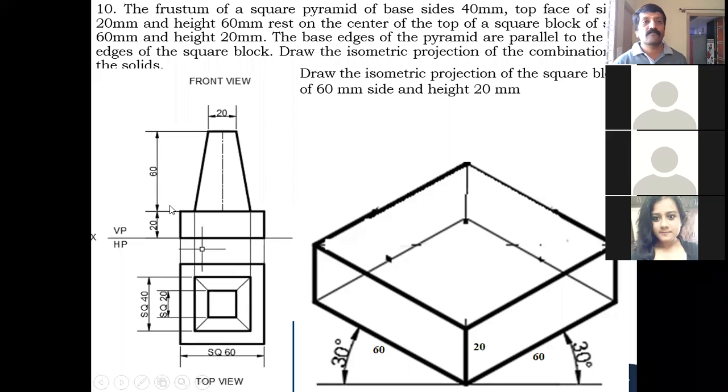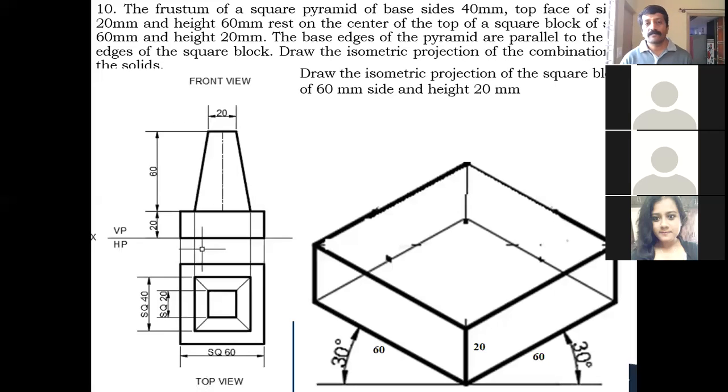Now, the frustum of a pyramid will look like a trapezium. Okay, so from the middle square you draw the vertical projector from here till it meets the 20 millimeter height. Now from here you draw the height of the frustum of a square pyramid. It is given 60 millimeter, correct? You take this 60 millimeter, draw a horizontal line, and you extend the smaller square till it meets the 60 millimeter line. Now this point you join here, from this point you join here, so it looks like a trapezium like this. So this is how you have to complete the top view as well as the front view.